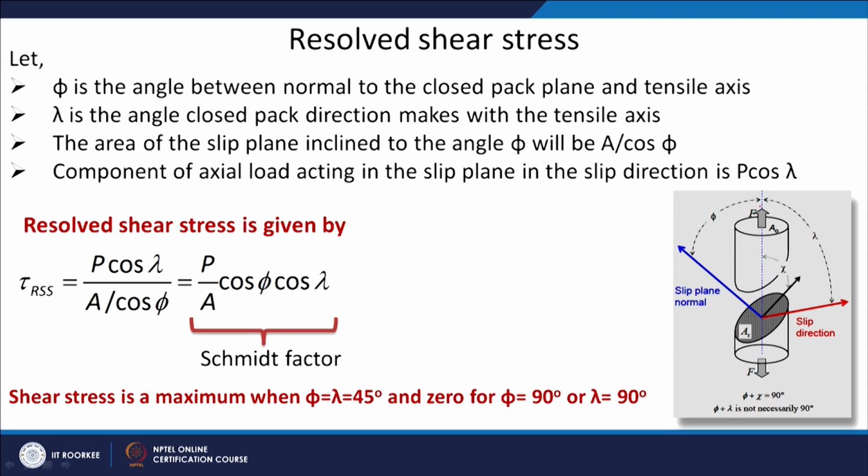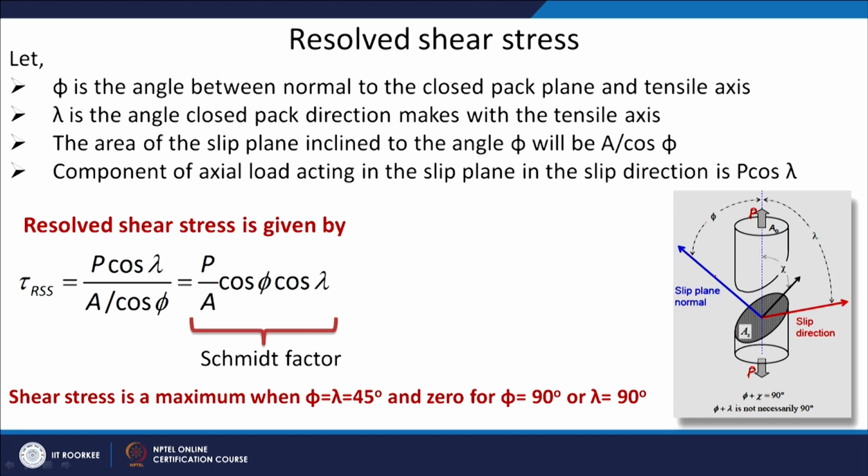The area of the slip plane inclined at the angle phi will be A upon cos phi. The component of the axial load acting in the slip plane in the slip direction is P cos lambda. So, now basically we are resolving the load P in these two directions. So, I think instead of F I will say it as P, because that is what we are saying. So, it will be P